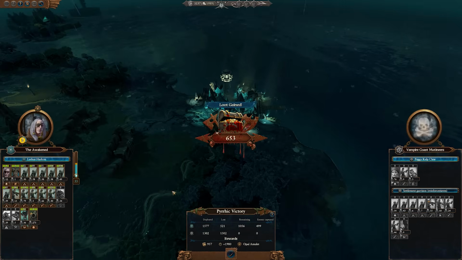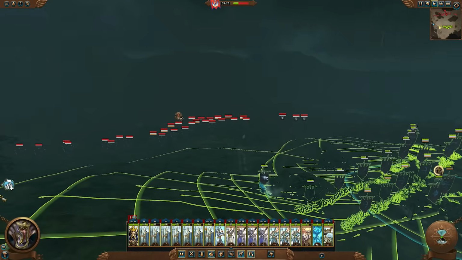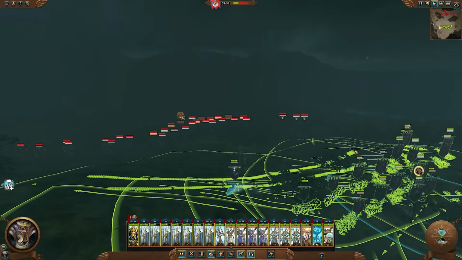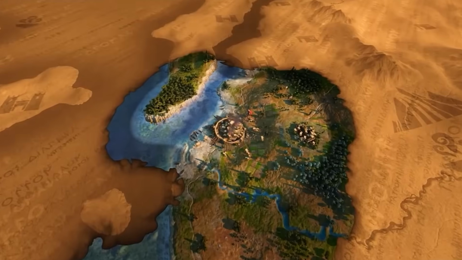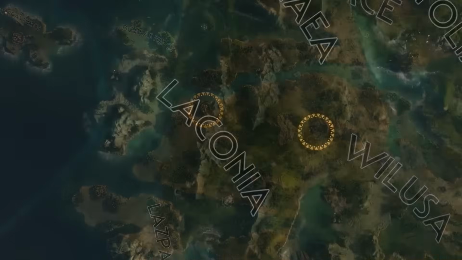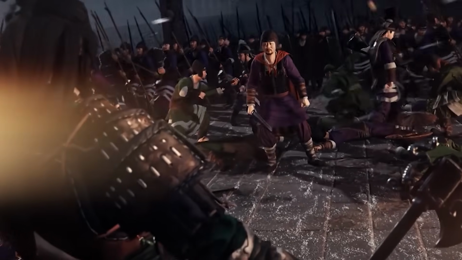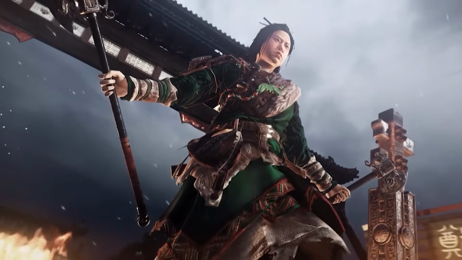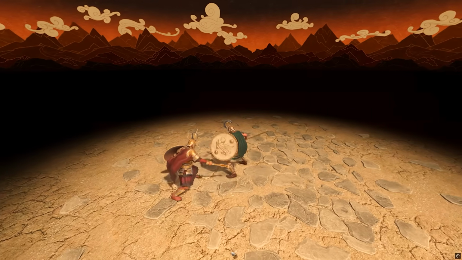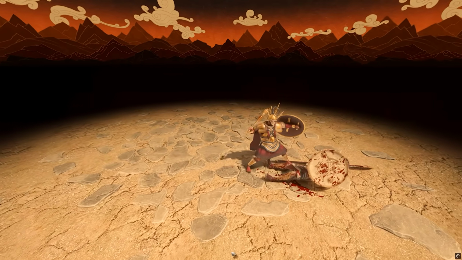The problem is that in pivoting towards this audience, the studio began to change the very DNA of how they approach design in their historical games. As we've explored, we can see this shift most clearly in Troy and Pharaoh and, in Three Kingdoms as well. The marketing and presentation of these games show CA's assumption that historical players wanted the same kind of streamlined, character-driven mechanics that Warhammer fans enjoyed, but this was a miscalculation.